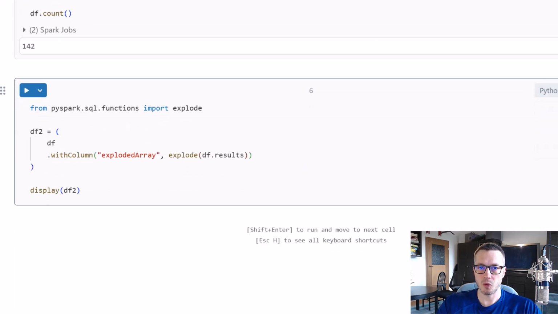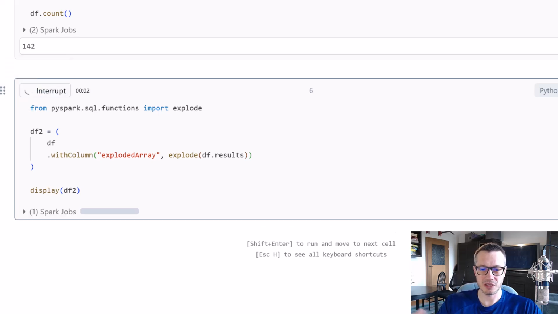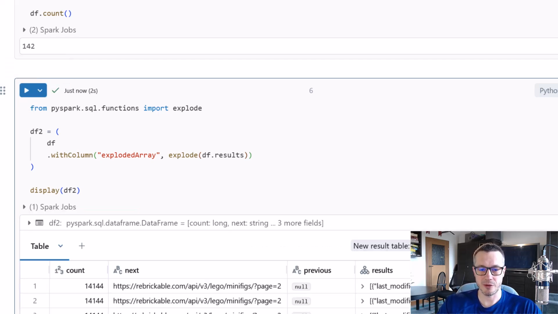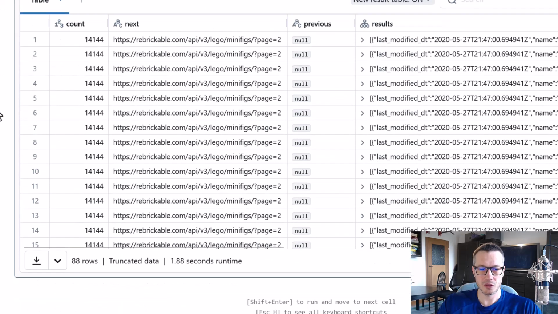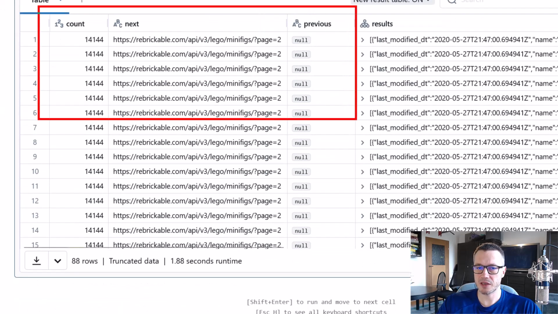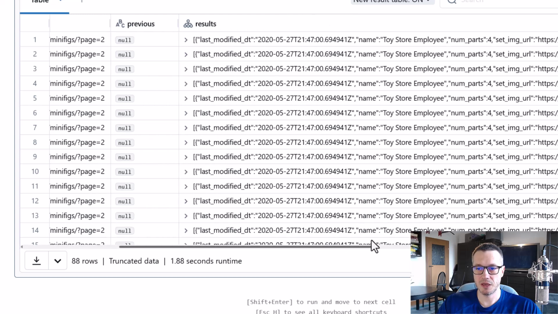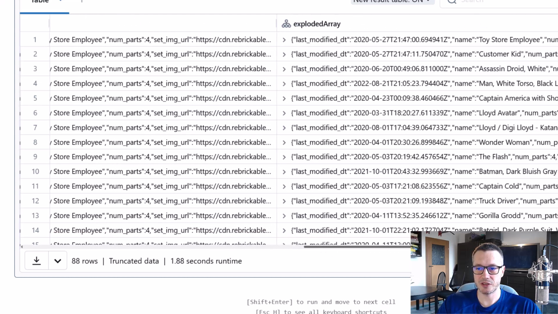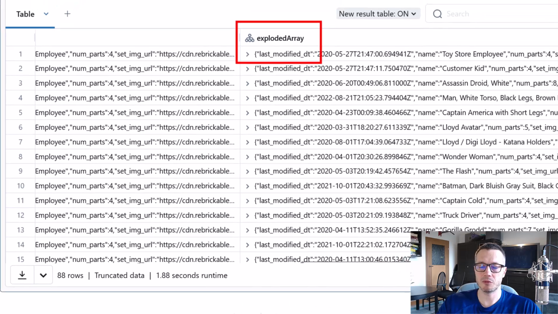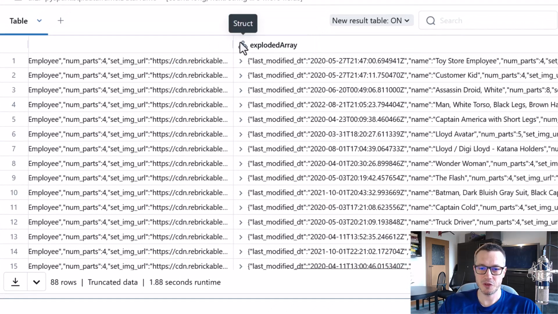So let me show you what will be the result of this command. Let me explode this array. We still have our technical columns because we didn't do anything with them yet. We still have our array. That's fine for now. And what has changed is that we've got this new exploded array column, which is a